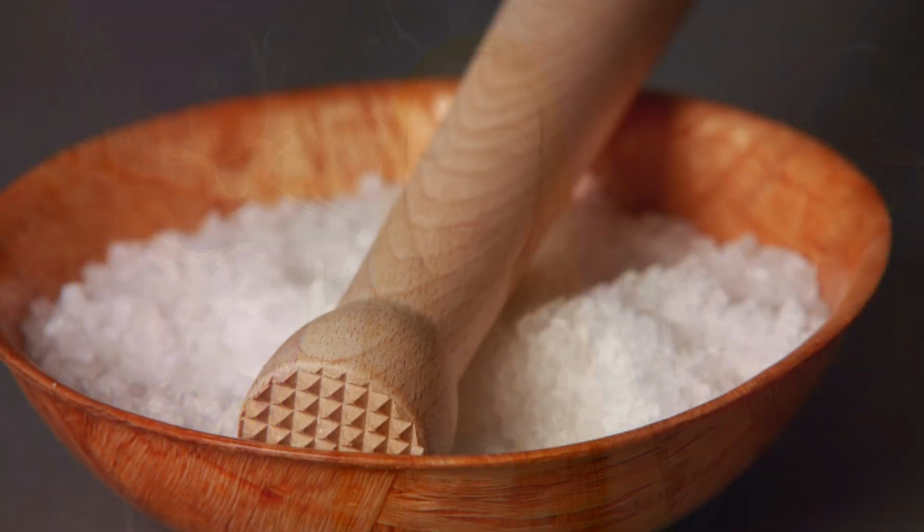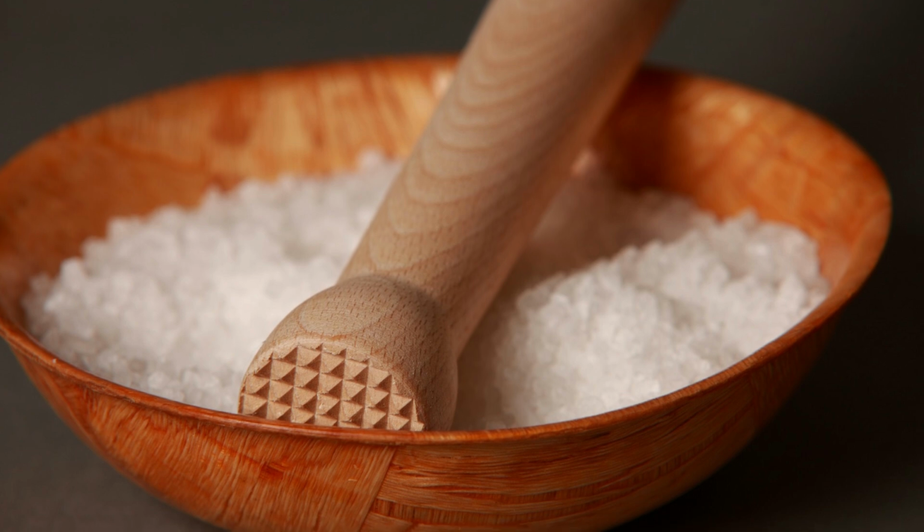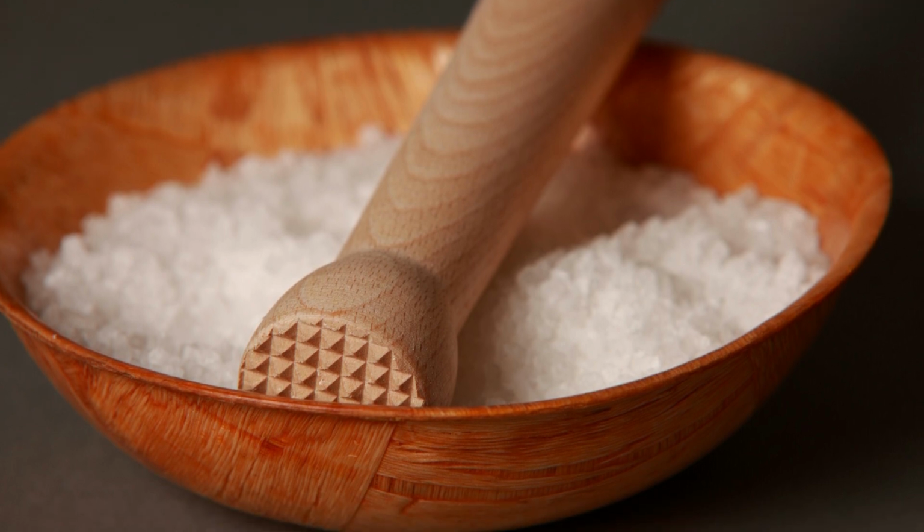Another way to do it, if you don't really want to sprinkle it all over your carpets and get salt everywhere, is to put a bowl of salt in every room, and that too will act as a way of absorbing the negative energies in the room. Or if there's a specific corner in the room that you're feeling is a bit dark and a bit weird, a bit gloomy, stick a bowl of sea salt there in that corner and see how it feels after a